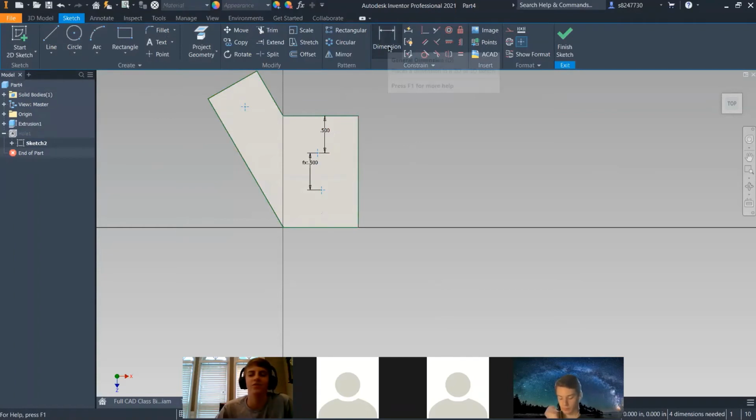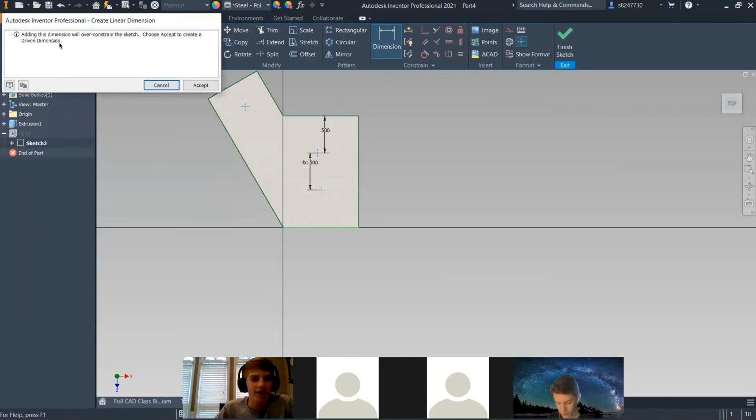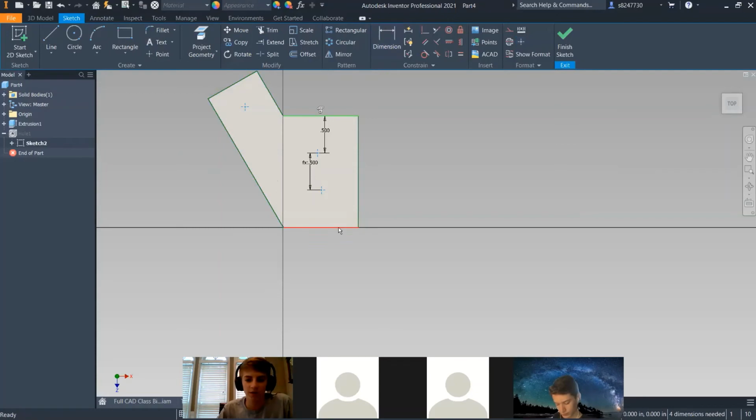Okay, so that was an important error. If you try to dimension from here to here, it won't let you. Adding this dimension will overconstrain the sketch. Choose accept to create a driven dimension. So basically Autodesk already knows that this distance from here to here is 1.5. By doing subtraction, it already knows the distance from here to here is 0.5. So we don't need to make that last dimension. So here again, we can make this one 0.5, this one